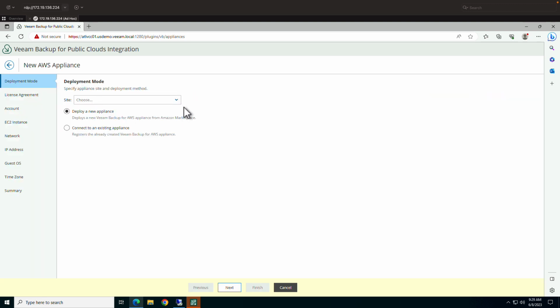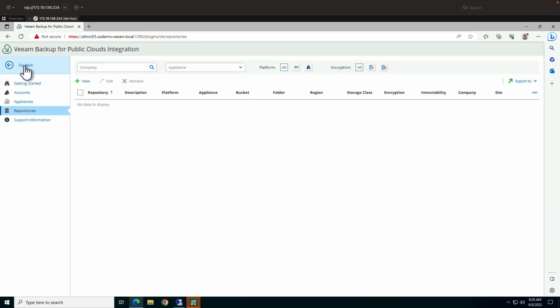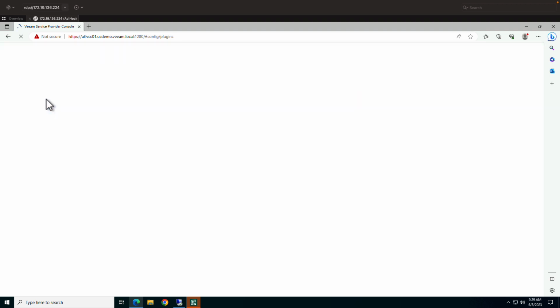So once again, the interface here, this is the Cloud Connect server that I'm using to deploy it. And I can deploy a new appliance, or again, if you've already got it set up, I can connect to the existing appliance from there. Now, once I'm done with that, and I've got the repositories and everything is added in, this is that true